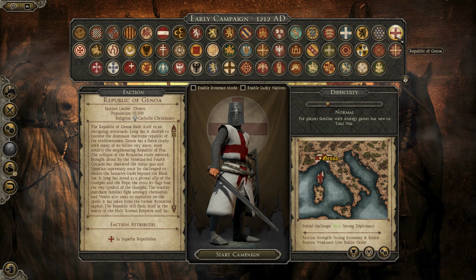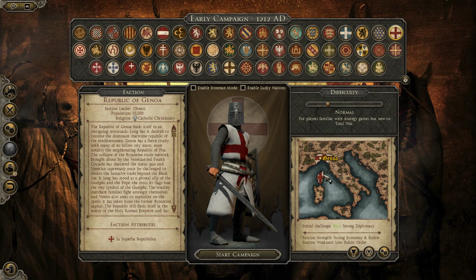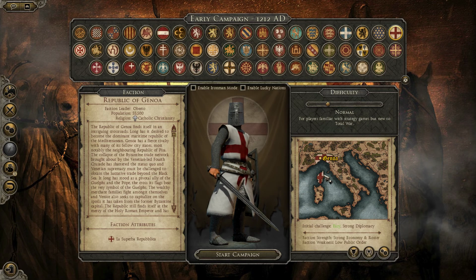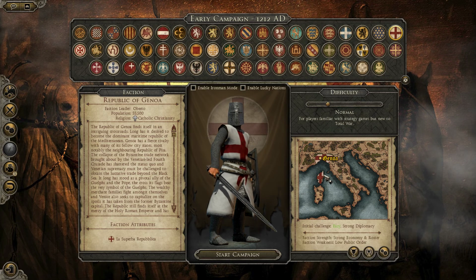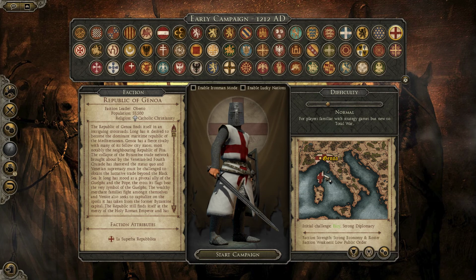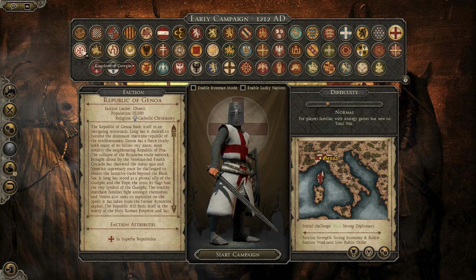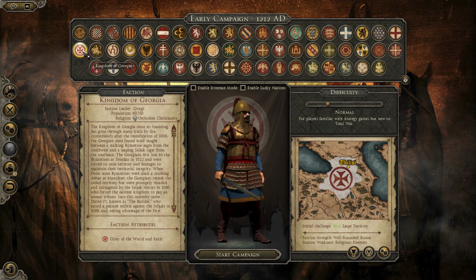So, Republic of Genoa. Yeah, they have strong enemies and roster. They're a republic, and yeah, they have some mercenaries, and they have a cool economy, some trade, but they got low public order. And Kingdom of Georgia, yeah, an Orthodox state,